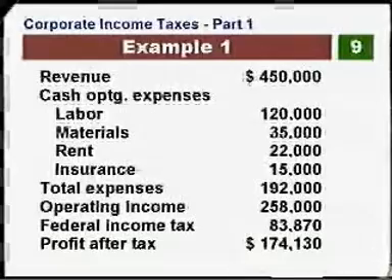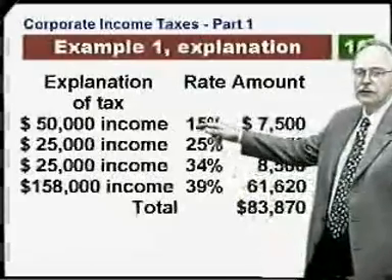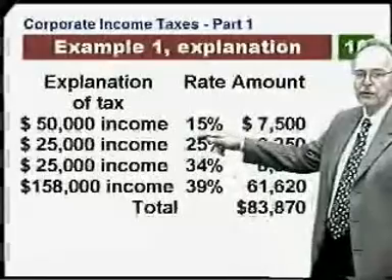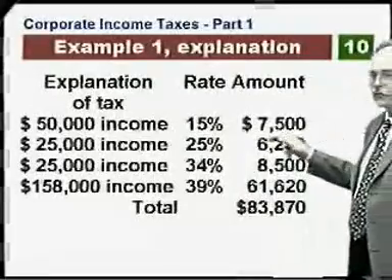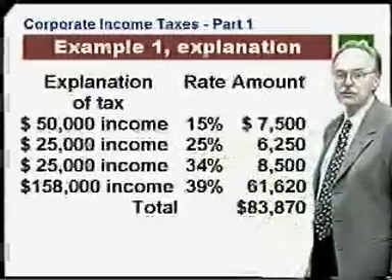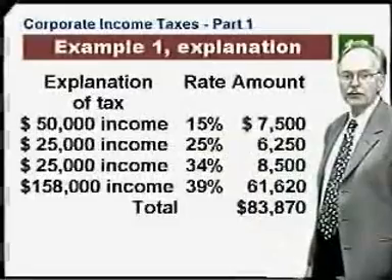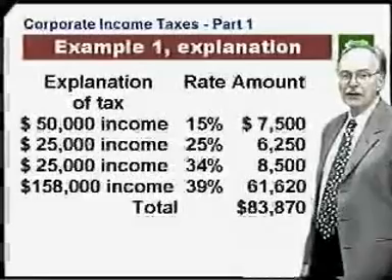The federal tax on that operating income is $83,870. We subtract that tax from the operating income, and that leaves us with a profit after tax of $174,130. Let's see how the federal tax is computed in this example. We first see that the $50,000 income in the first bracket, taxed at 15%, leads to a tax component of $7,500. The next $25,000 in income is taxed at 25%. That tax is $6,250. The third bracket, $25,000, taxed at 34%, leads to $8,500, and that portion of the income